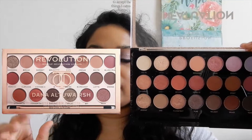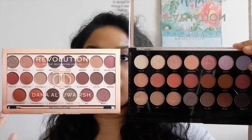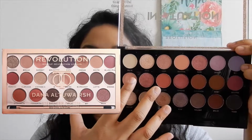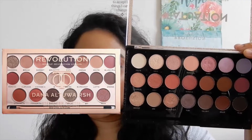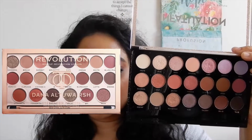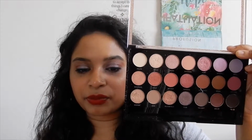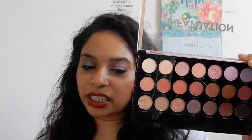Just by looking at this, I'm thinking that a lot of the colors are very, very similar, especially the pinky ones. Actually, looking at it right now, even the purples are a little bit similar. So, will I purchase this eyeshadow palette? Probably not. It does retail for $15, so it's fairly affordable, but probably not, because I already